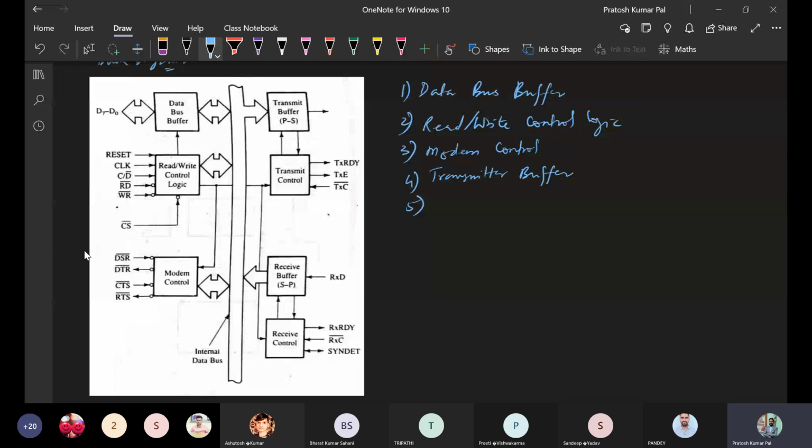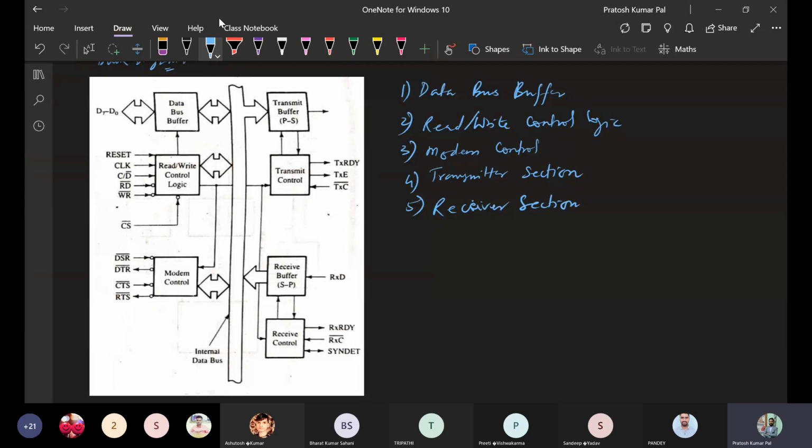So these two will be combinedly considered as the transmitter section. Okay, so we can write it like transmitter section. Next one is receiver section. Okay. So this complete architecture of 8251 is divided into 5 different parts.